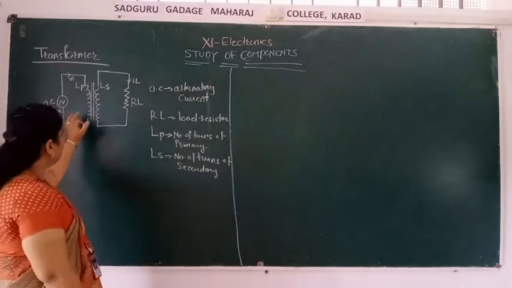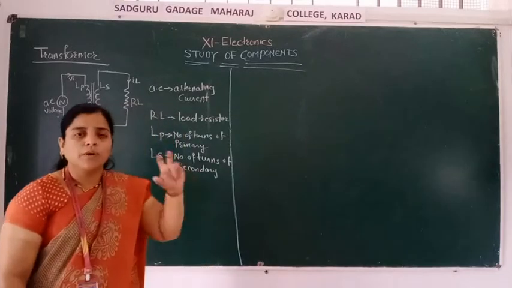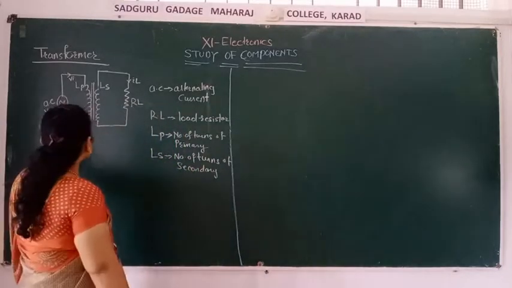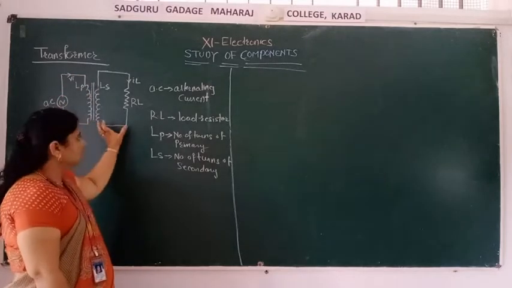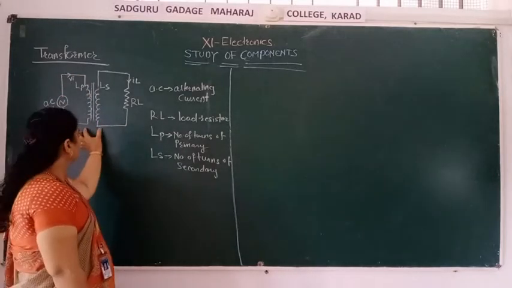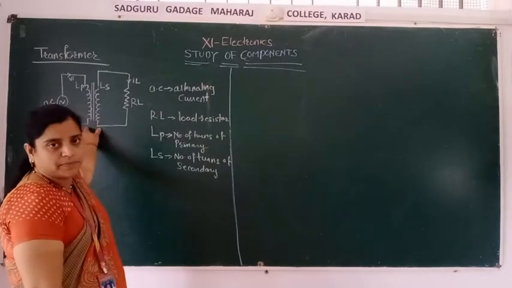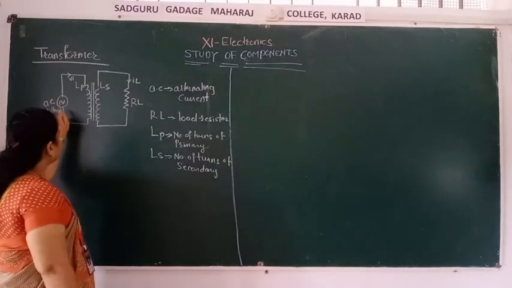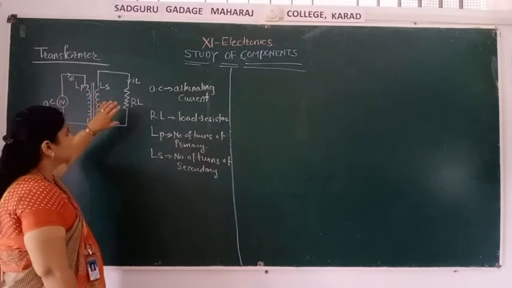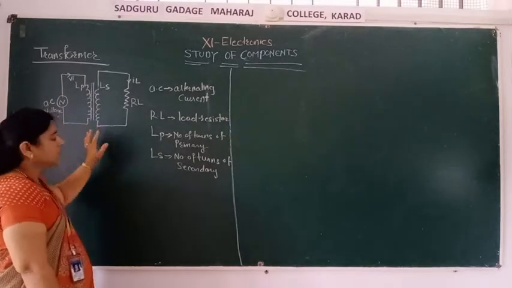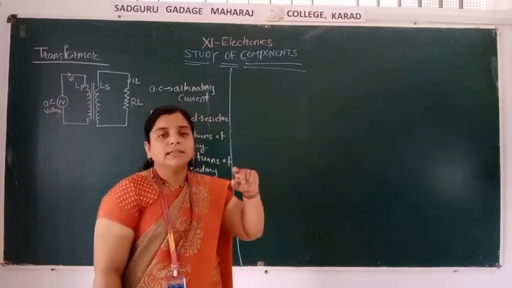Okay. So this LP and LS are not directly connected. Whatever AC voltage you are given is only for this circuit, you are not giving it to this circuit. These two windings are not connected to each other, isn't it? जे काय voltage AC ला दिलेला आहे तो फक्त प्रायमरी पार्टला दिलेला आहे, सेकंडरी पार्टला दिलेला नाही. These two windings are not connected. दोन्ही पण वाइंडिंग कनेक्टेड नाही एकमेकांशी डायरेक्टली.